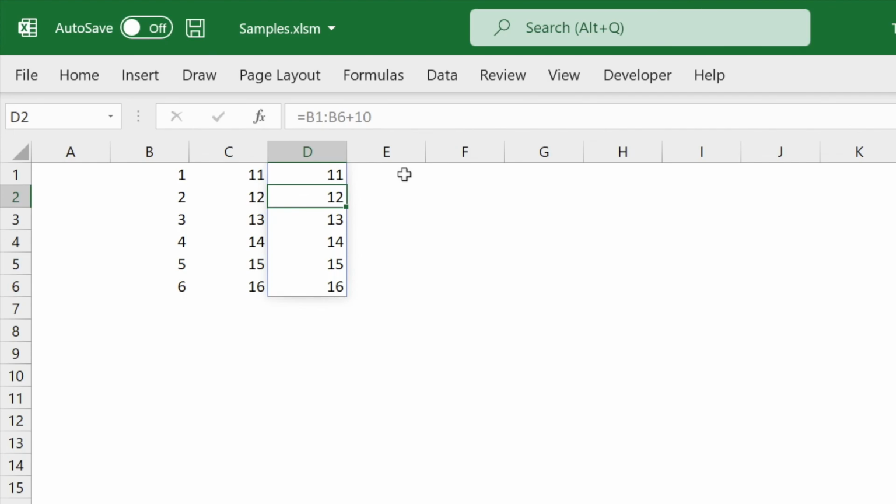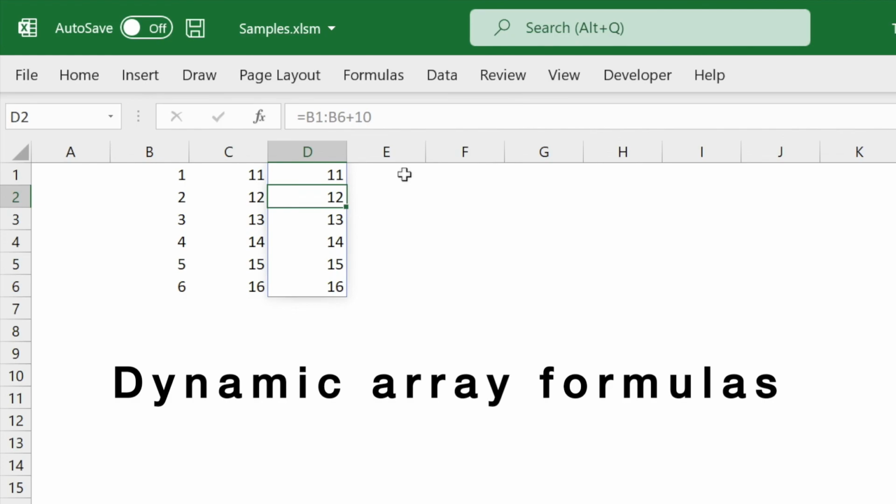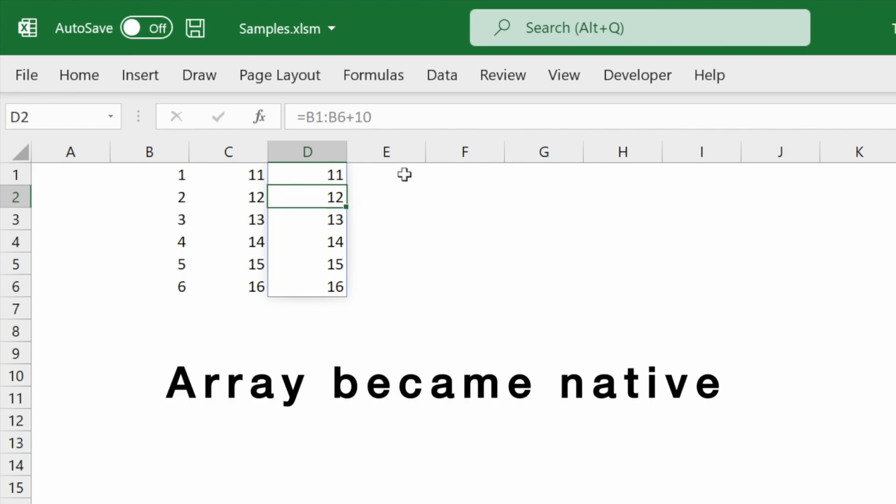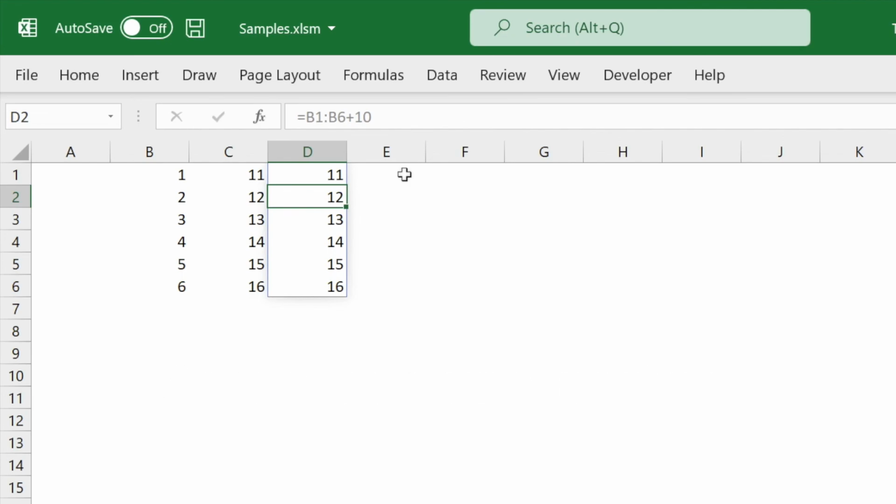In this new mode, the formulas that could receive arrays, evaluate arrays, or return arrays are so-called dynamic array formulas. From the perspective of the design of programming languages, all these upgrades and changes of handling arrays in Excel can be concluded in one sentence. In Excel, array became native. It means Excel deals with arrays as natively as single values such as numbers and texts. If there's only one thing to remember from this lesson, it is: array became native.